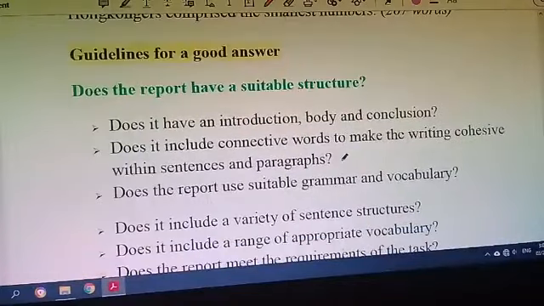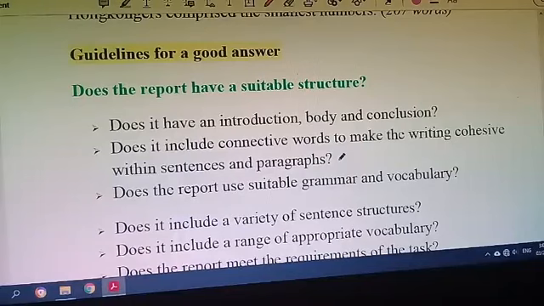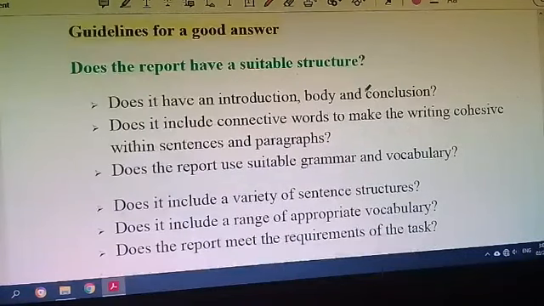So students, now I want to give you a guideline related to graph writing. Whenever you write a graph, when you describe a graph, a chart or pie chart or any survey report, now follow this. Does the report have a suitable structure? Does it have an introduction, body and conclusion? অর্থাৎ তোমাকে একটা ইন্ট্রোডাকশন দিতে হবে, বডি দিতে হবে, কনক্লুশন দিতে হবে।